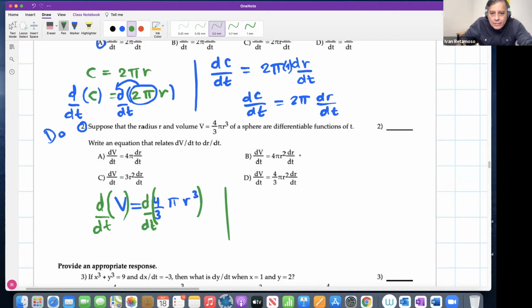Leave pi alone. Don't substitute pi for 3.14. Leave pi alone. They want it there. So somehow, let's see. Take a look at this. Marcus, very good. Yeah, that's what it is. Very good. Yeah, on the left side, not much to do because this is just dV dt, or if you